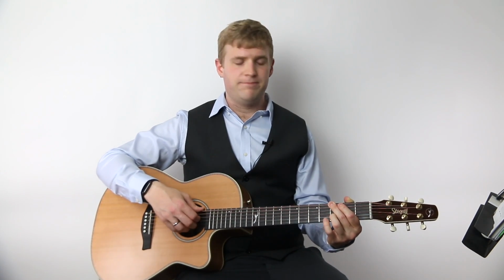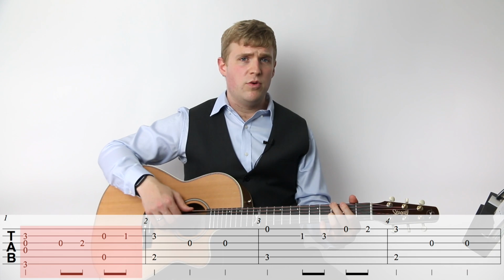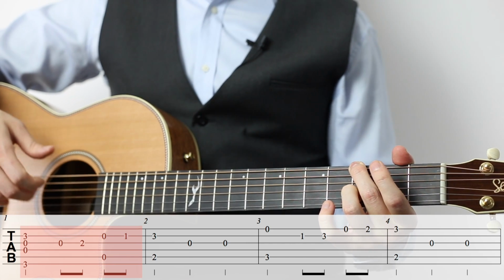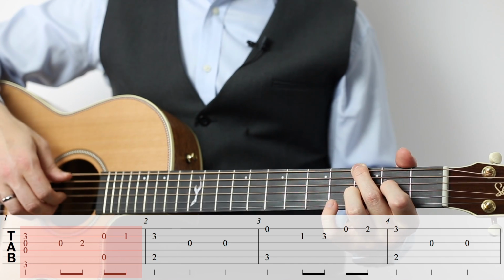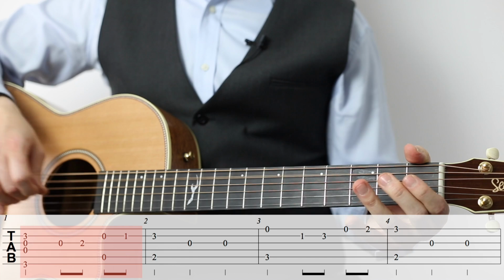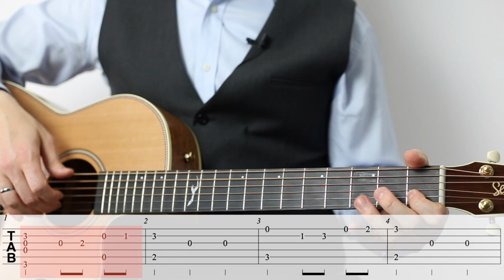So let's begin. We're going to start out with a G major chord, that's 3rd fret of the 6th string, open 4th string, open 3rd string, and 3rd fret of the 2nd string. That's for a quarter note. Open 3rd string, 2nd fret of the 3rd string, and then open 5th and 2nd strings to the 1st fret